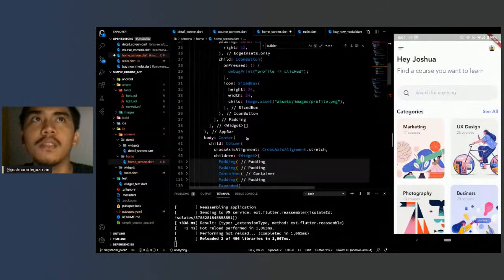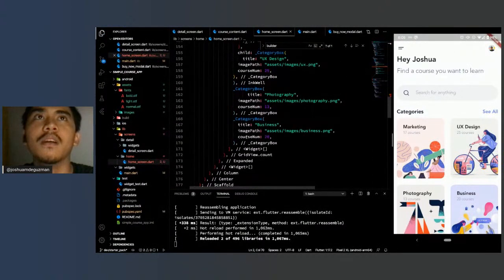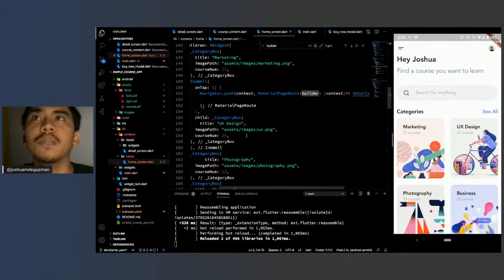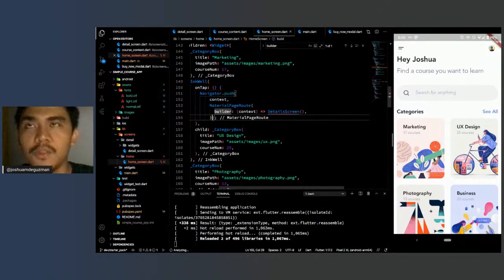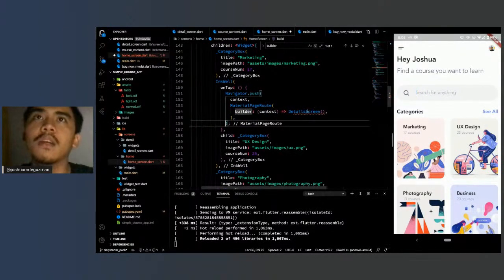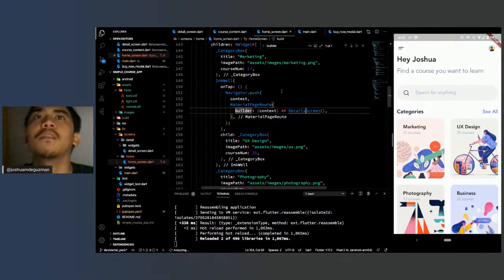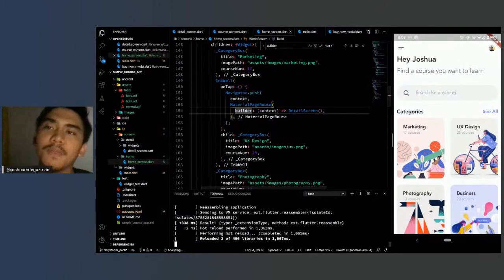Okay, now you can see it there. Right, so you should have this specific line of code, detail screen. I think this is detail. Yeah, all right. So run.